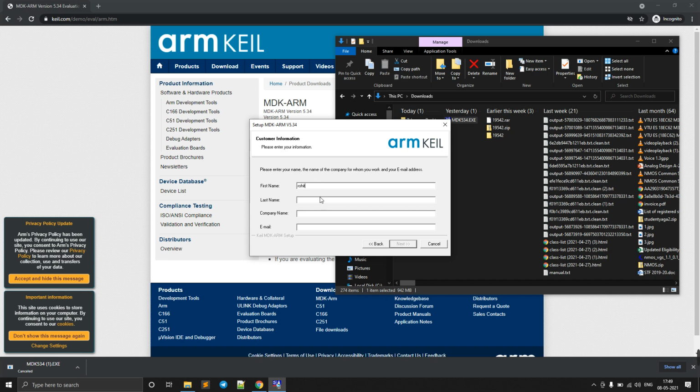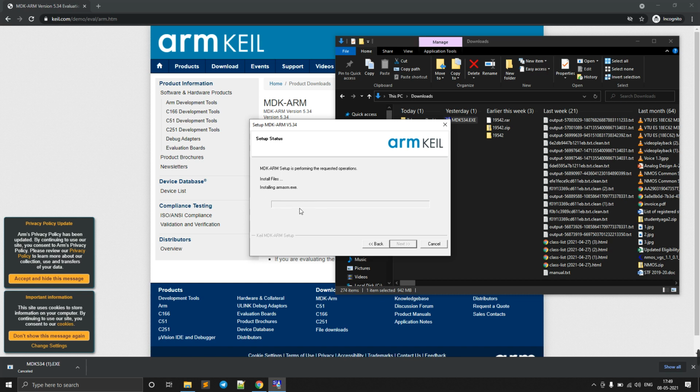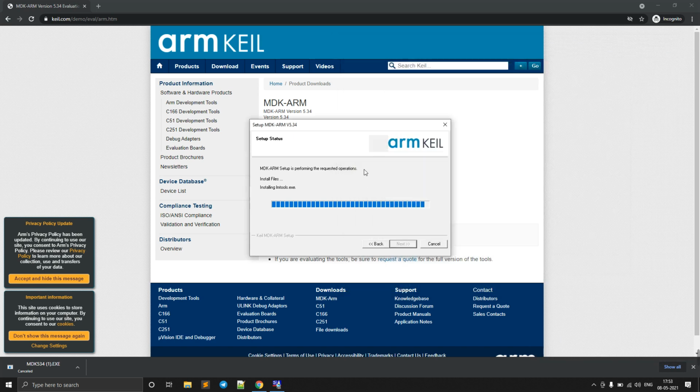So just type it, and okay, then just click next, and after that it will start installing. So until it completes, just wait until it reaches 100%. It will just start to install. Okay, let's wait till it completes. Okay, now it comes to almost the end of the installing. Let's wait till it becomes 100%.